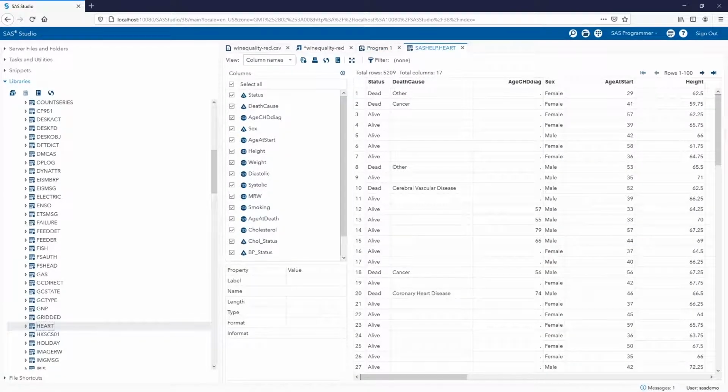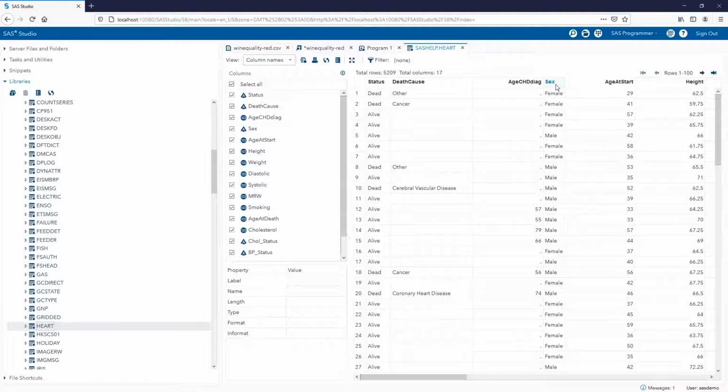So the heart data set SAS allows us to use is free. From this data set, we see that it indicates if a person is alive or if they have passed. Sometimes there is a cause of death, and sometimes there's age information related to the patient.